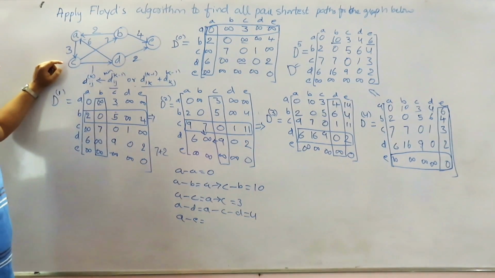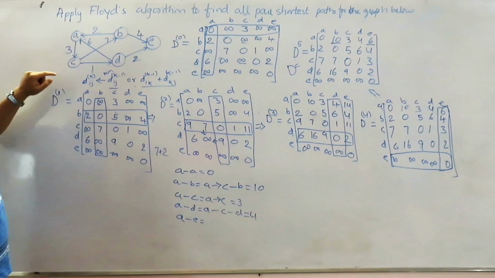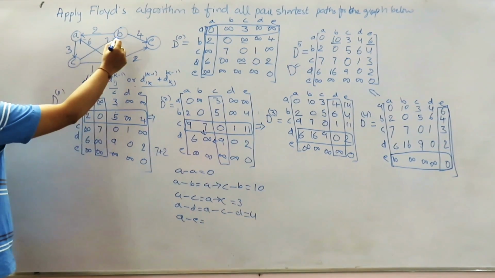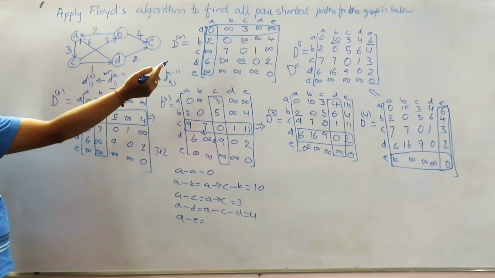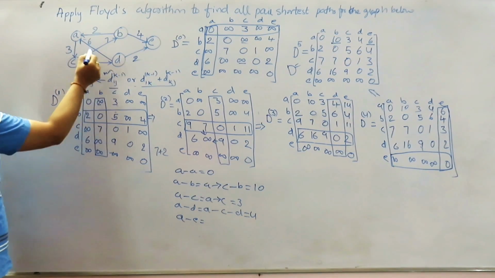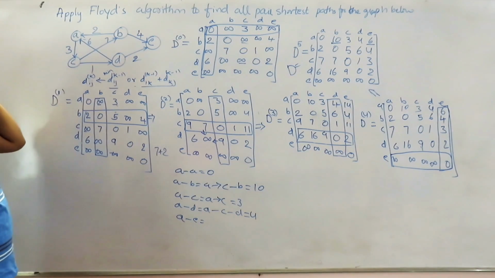Then D to C to A. C to A, is there any path? Yes. This is one path, that is C to B, B to A, that is 7 plus 2, which is 9, but what way it is showing, it is 7, that is C to B, B to A, that is 7 plus 1, sorry, 6 plus 1, that is 7.